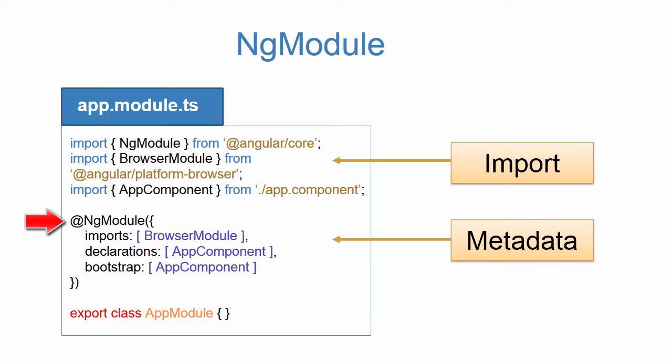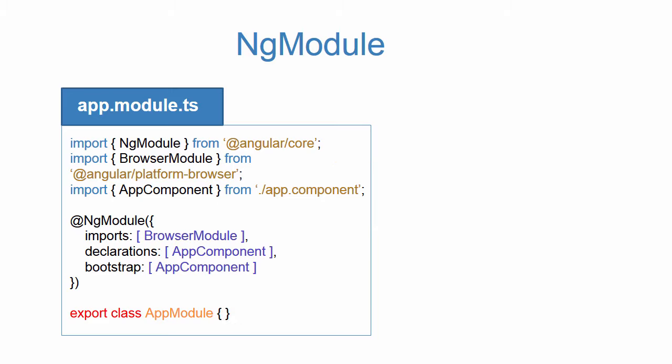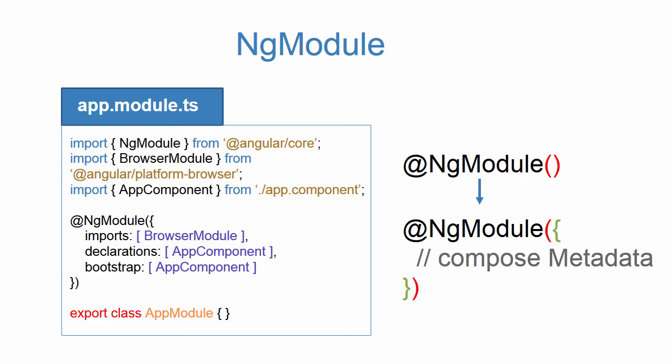In this case, our decorator is named NgModule, and it will provide information to the class below, which is named AppModule. Notice that our decorator starts with parentheses, indicating that it is a function. Then inside the parentheses, we're also including curly brackets, indicating that we're passing it an object. The object that we define contains key value pairs, just like any other commonly used object, in which we can